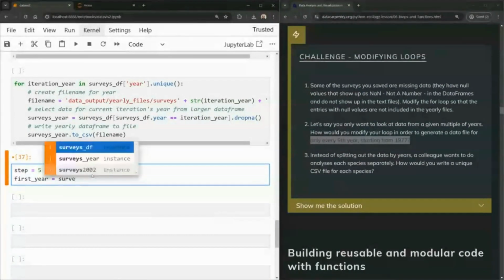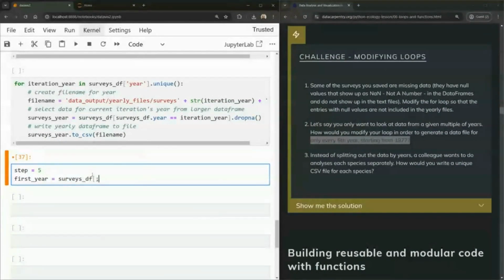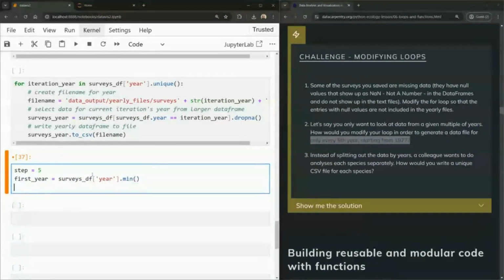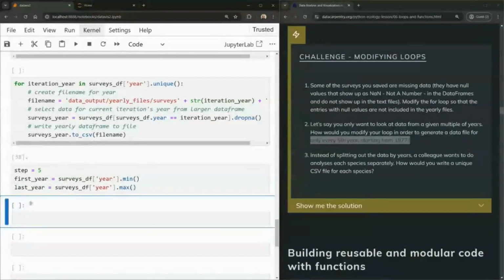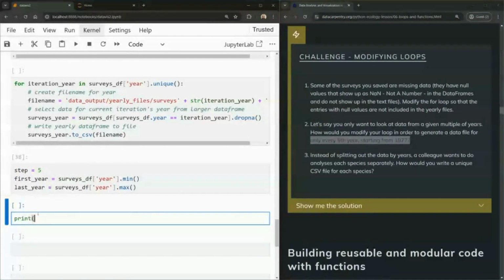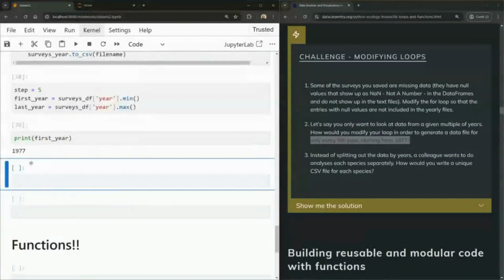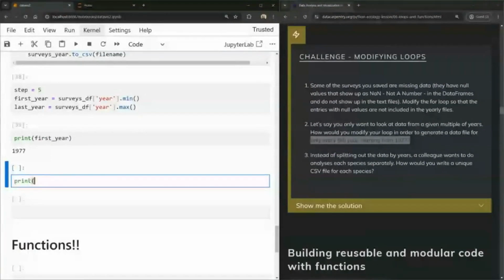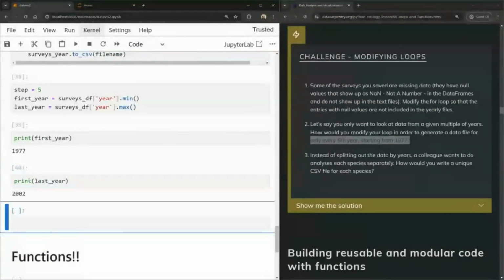we can check the values of year on our surveys data frame, and then we can use the minimum method. We do the same for max, the last year. Now we make sure we have everything correct. First year would be 1977, and if we do 2,